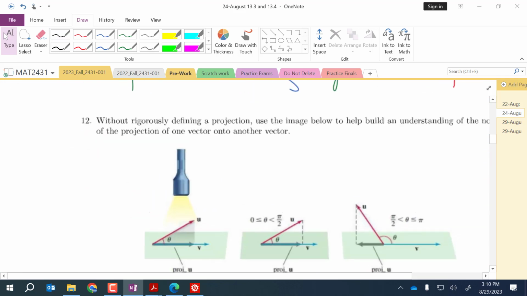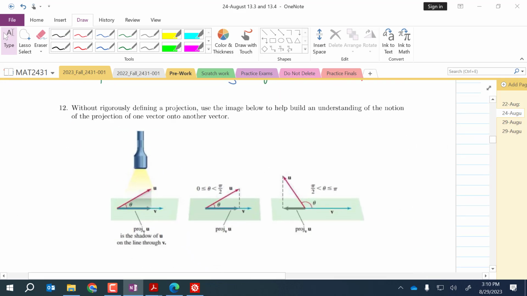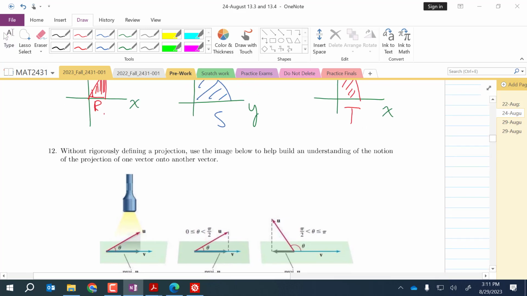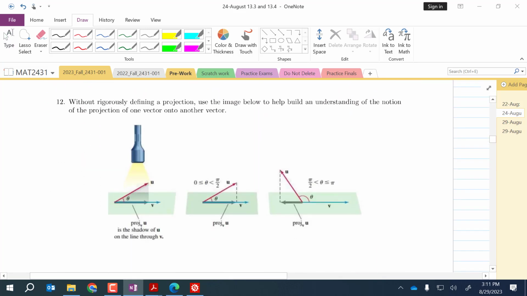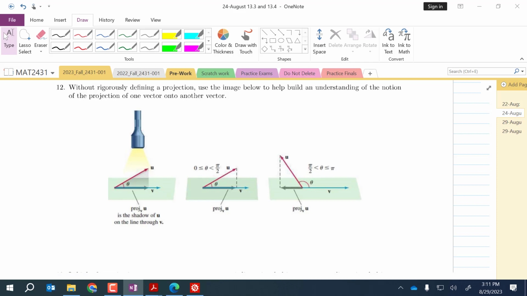Okay, we still haven't actually defined what a projection is, and that's okay. But I want to talk about the projection of one vector onto another vector. This was just to introduce the topic of projections. We specifically now want to project one vector onto another vector. So here, what I'm going to do is I'm going to take